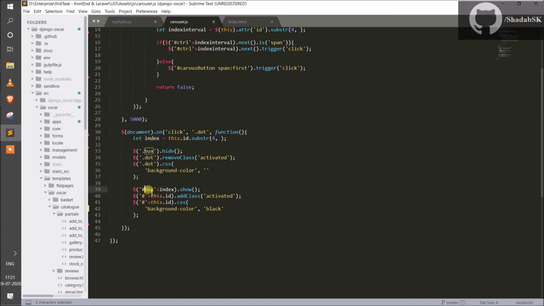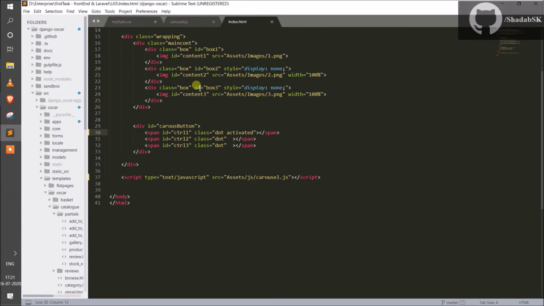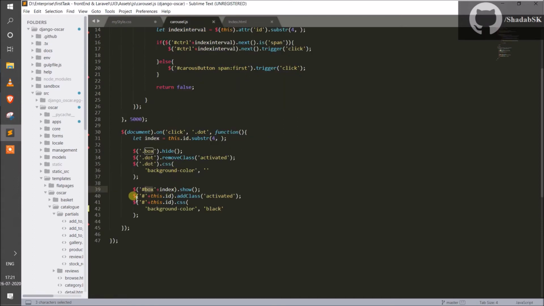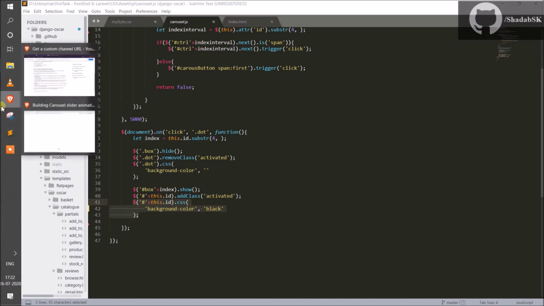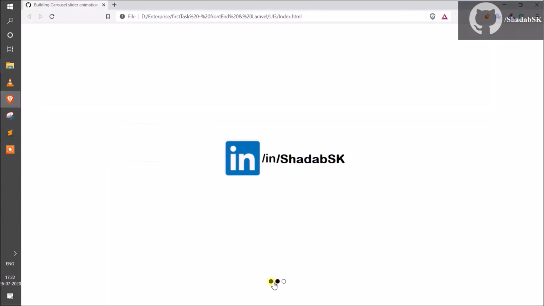So in this way the box 1, that is the box which has id1, will get rendered, and then we are adding a class of activated to the span element, and for a nice CSS representation we are adding the background color as black. So in this way if I click the first element, the box 1 will get triggered.